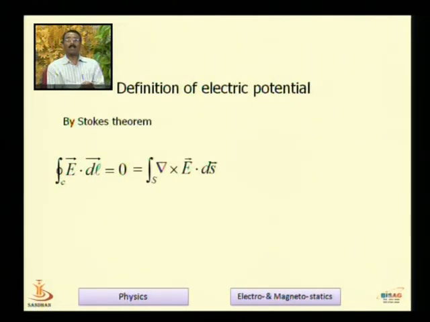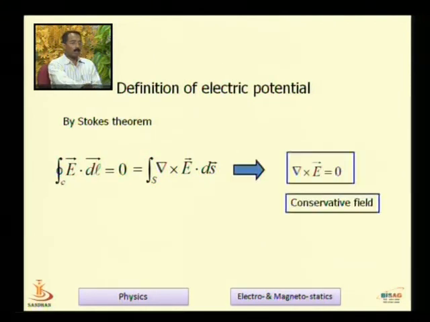So using Stokes theorem. In the previous example, while considering Gauss's law, we considered the divergence theorem. Here we are considering Stokes theorem. So basically Stokes theorem relates a line integral to a surface integral. Here this del cross E is called the curl of E, or the curl of the electric field, right? And the curl of the electric field is 0.